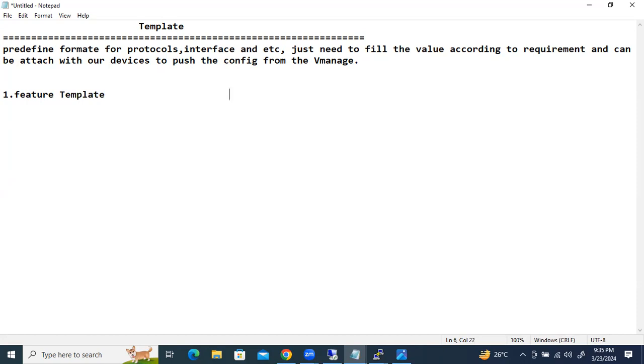Another one is device template. You are getting the point? Okay. So feature template, suppose OSPF. OSPF comes under the feature template. BGP, that will also come under the feature template. If you want to configure any interface, that will also come into the interface template. That means feature template. So a feature template directly you can't be assigned on